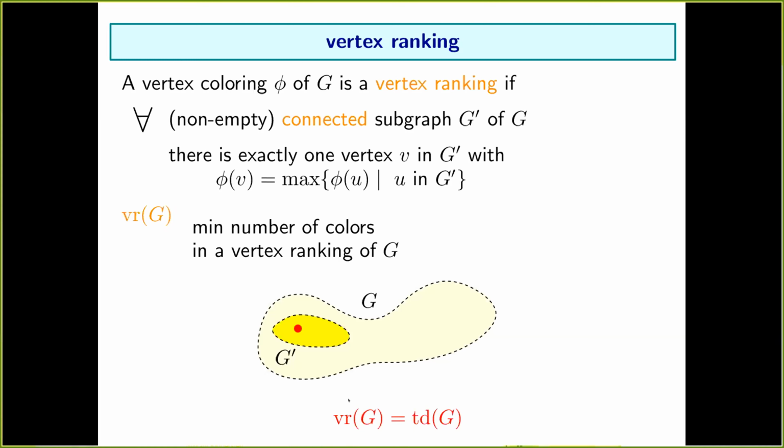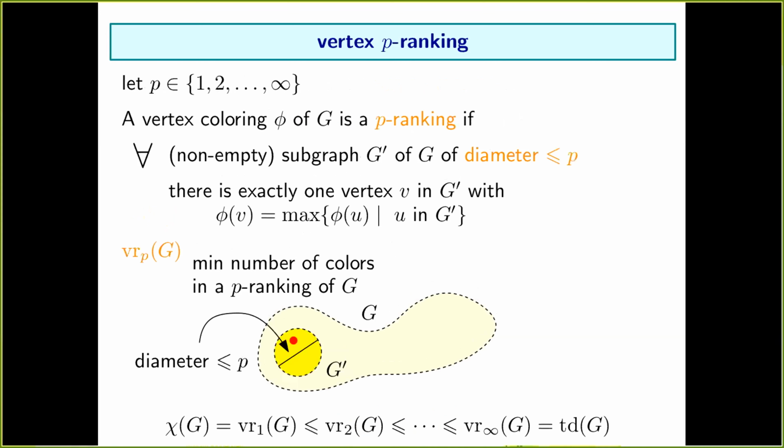Although one of the inequalities is trivial, the fact that we require that the maximum value is unique doesn't increase the parameter. This has an easy proof again. We're not going to do it, but it's yet another way to look at the tree depth concept of a graph. And here is again a proposition on how to interpolate and introduce a family of parameters, quite different from the p-centered ones.